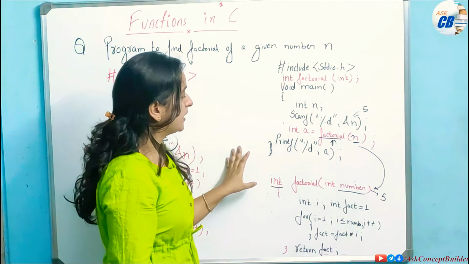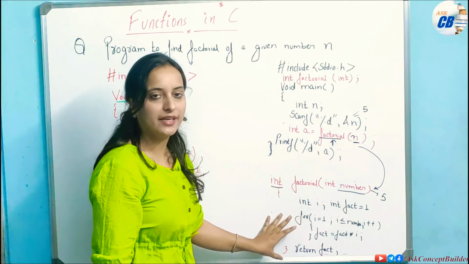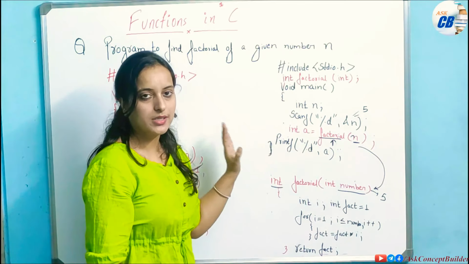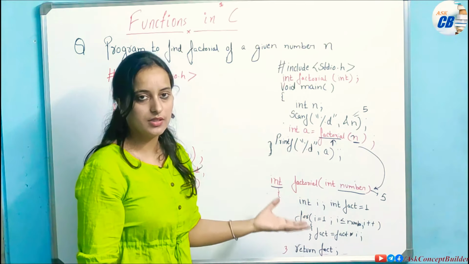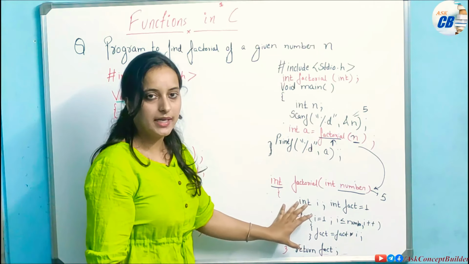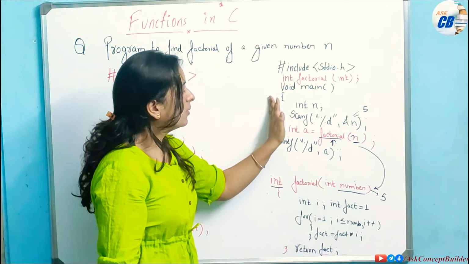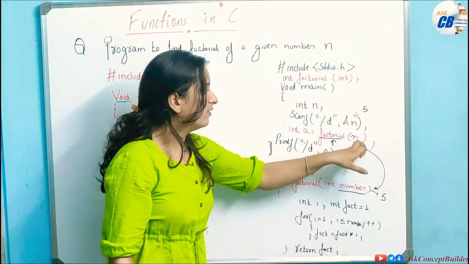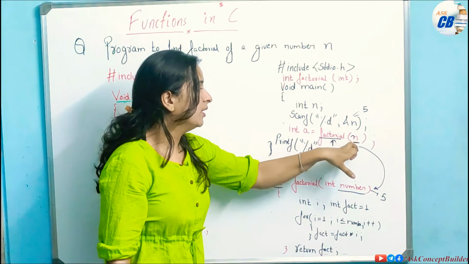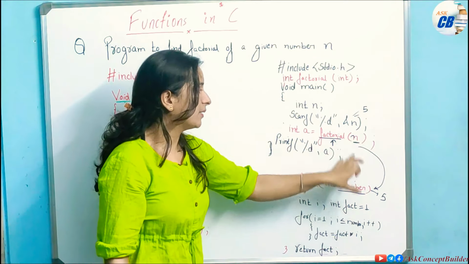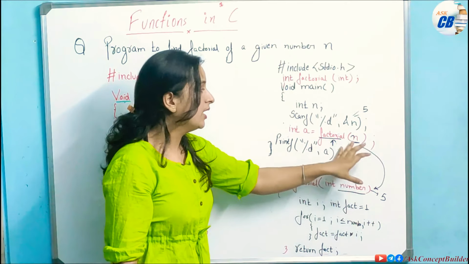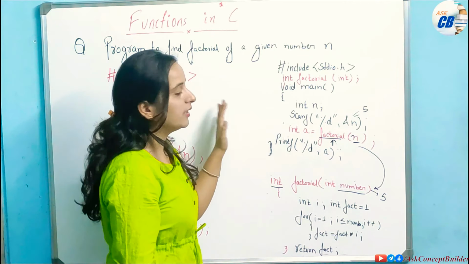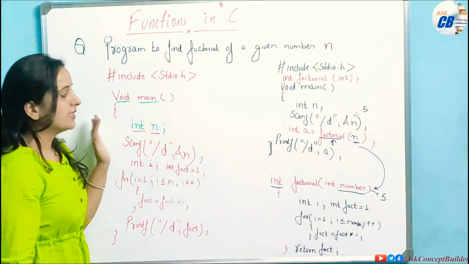So what we have seen here is that we have to define that function, and we have to declare that function also. Whatever all the steps of instruction there are for the factorial, we have to put inside that separate factorial function, and in the main function we have to just call that function. We will call any function like this, function name with the parameter, if it has one, because I am passing the value for which I want to find the factorial. We call it here, and then we can directly print here.